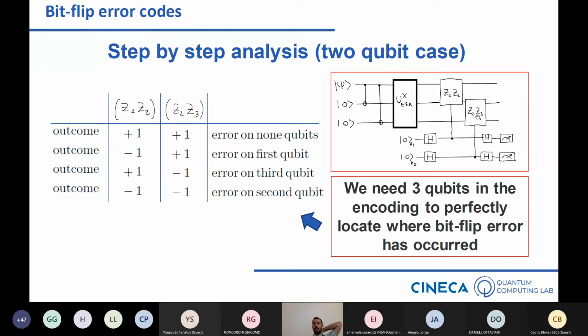It works well considering a pair of qubits in the same order, the same order of the drawing. But in general you can have zeta1, zeta3. It's simply the gate zeta1 and the gate zeta3, both controlled by the same qubit. Okay.